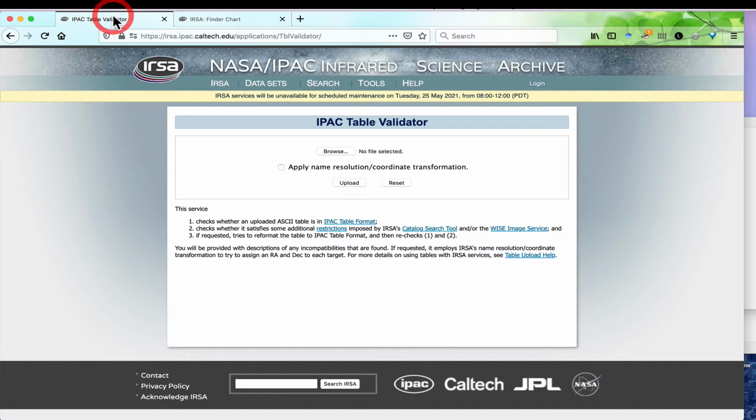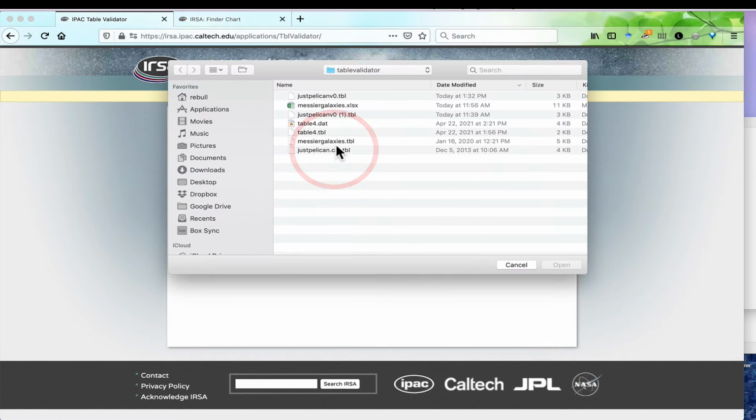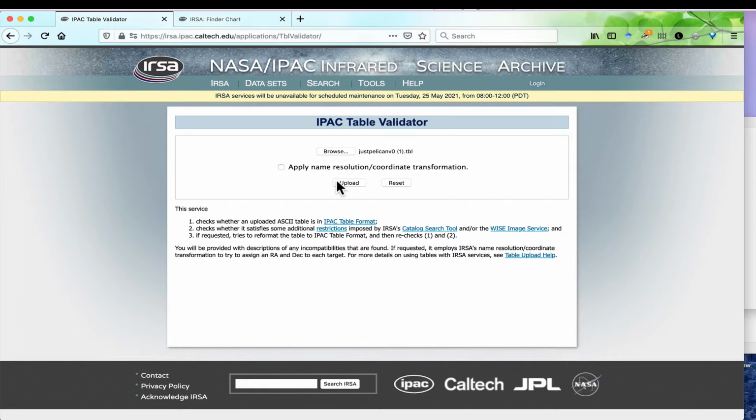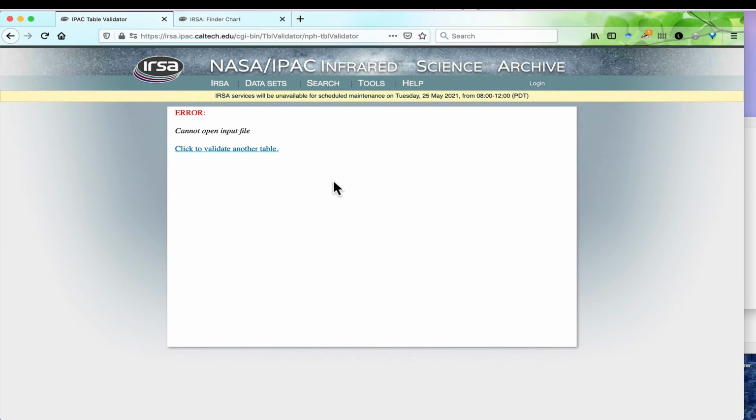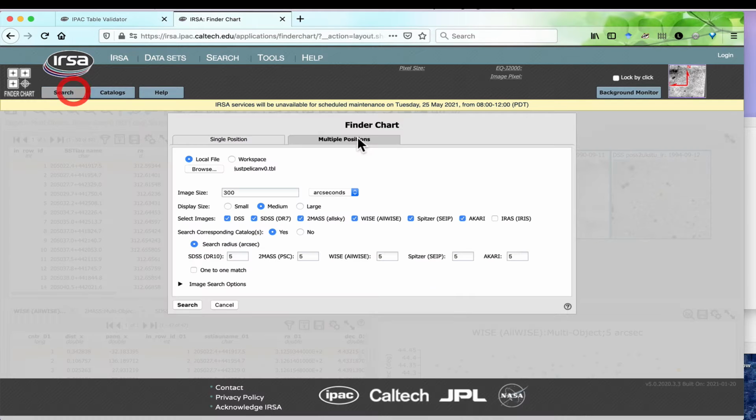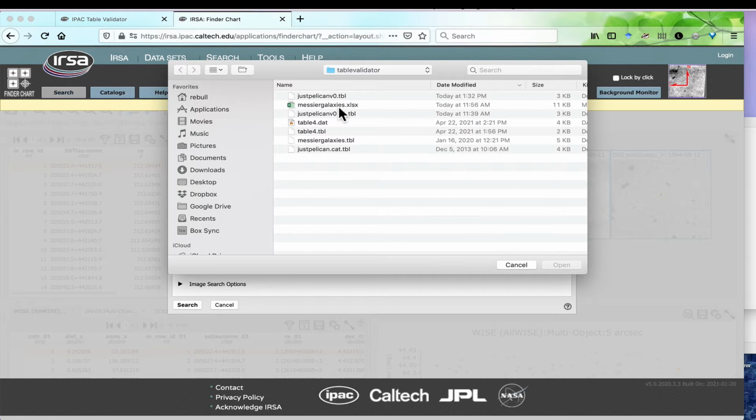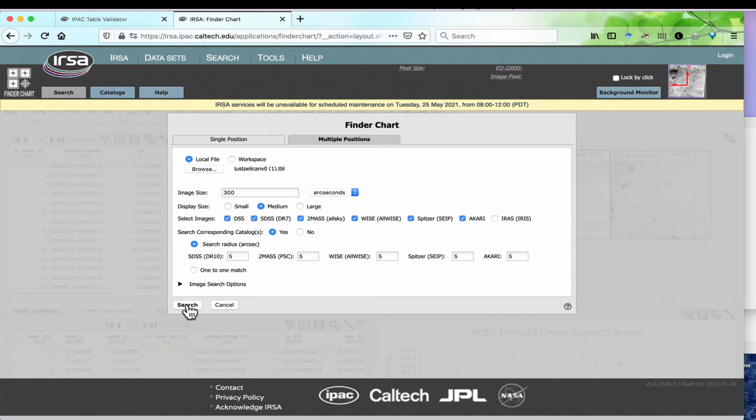Another thing you need to think about is the file name itself. You wouldn't think that it matters, but it does. My browser will save files that are the same name as something I already have downloaded with a parenthetical note. But if you try and turn around and upload that to the IPAC table validator, it gags. If you try to upload it into some of these tools, it will fail, but in some really weird ways.